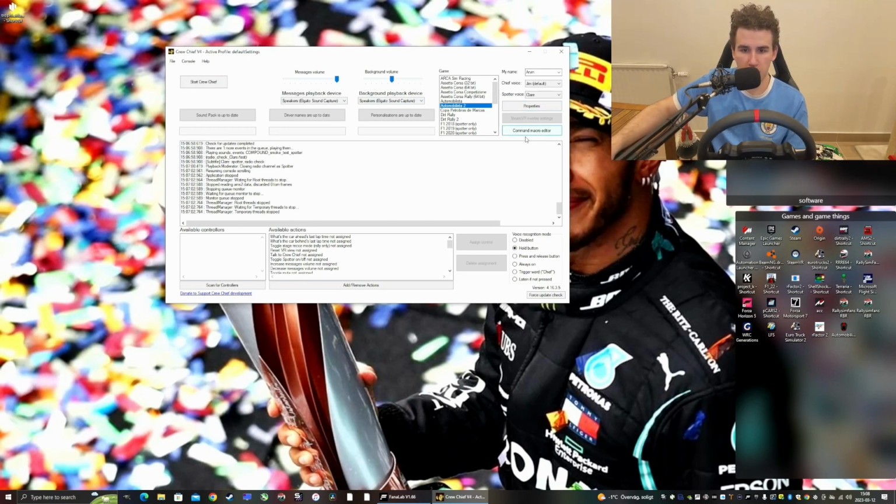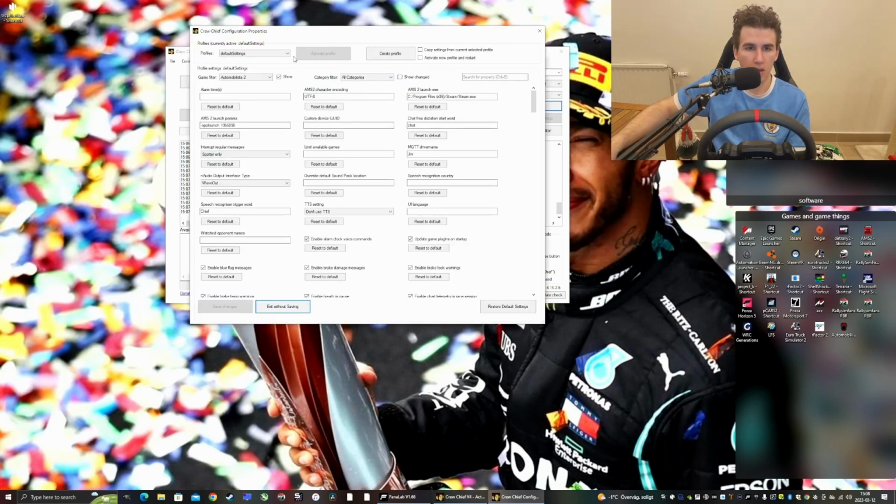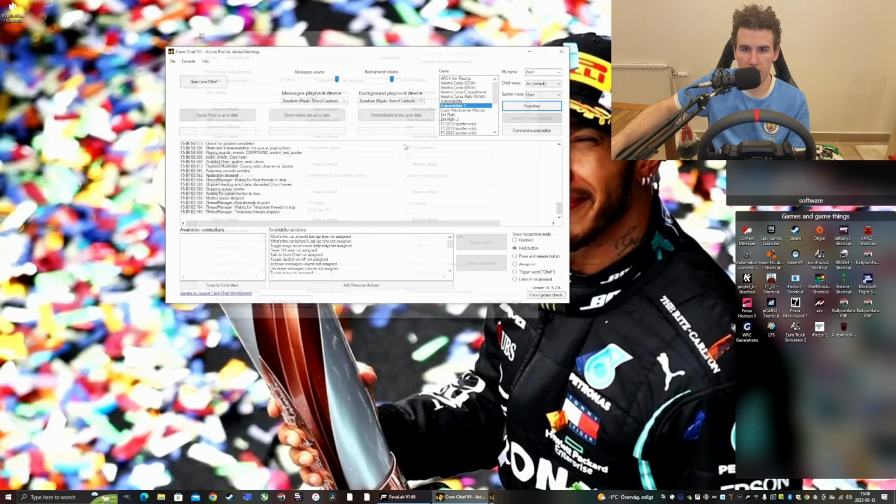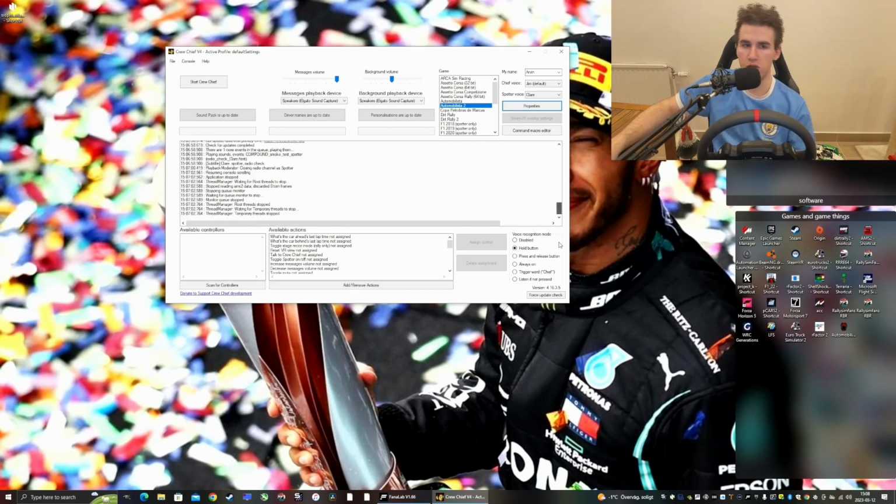And you can also add other plugins to give it more functional ability with this software. I use it for races because it's interesting to get the information. And you can also use it for practice sessions, and Crew Chief can tell you things and then you can ask it. So here you have different actions you can use it for by just pressing a button,